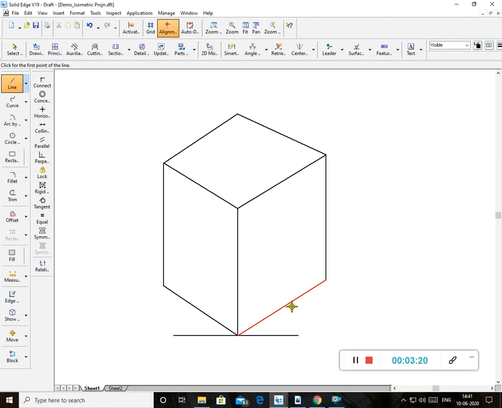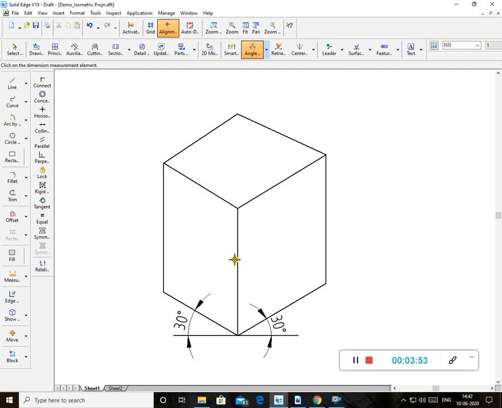You'll find that if you're holding the mobile in portrait shape, one side is the long side of the mobile and one side is the short side. The angle made by the short side and the long side is always 30 degrees. Always how much? 30 degrees in isometric projection. This angle now may not look like 30, so I'll show 30 here. This is 30 degrees. This angle will also be 30 degrees. How much is it? 30 degrees.